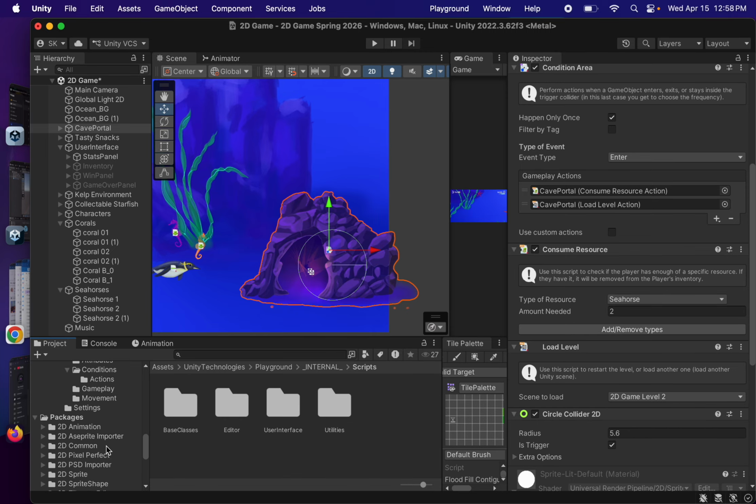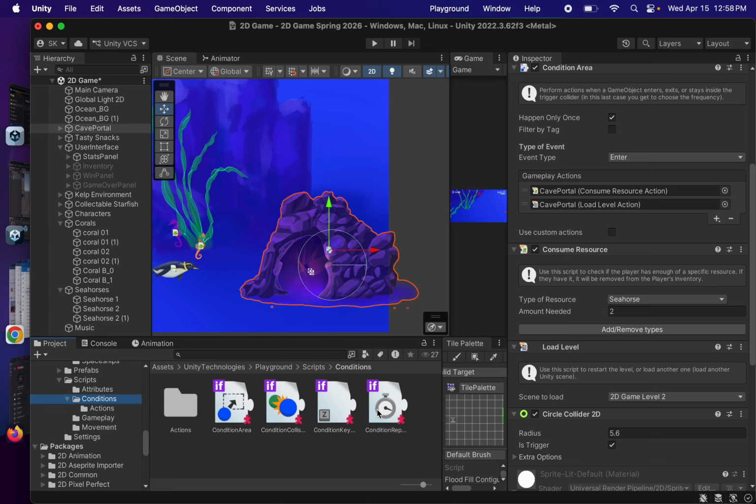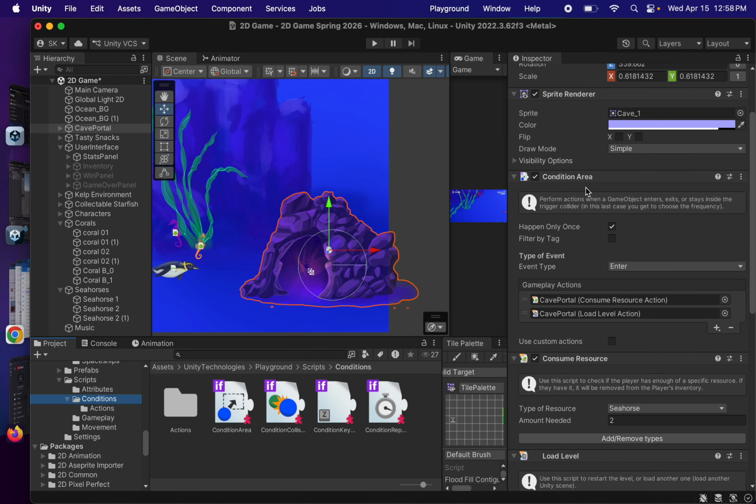Down here, we want to go to the scripts file. Here we go, so our conditions file. Remember, the condition is the area condition, and this is going to work for both my load level and my consume resource. It can work for two different things at once, and we can add them with this little button. We can turn things on and off, we can teleport, we can do a lot of stuff,